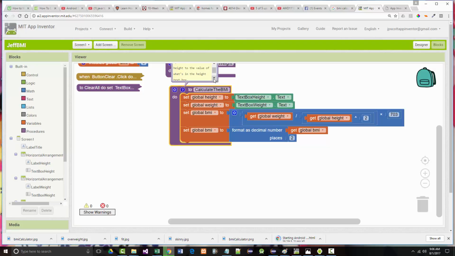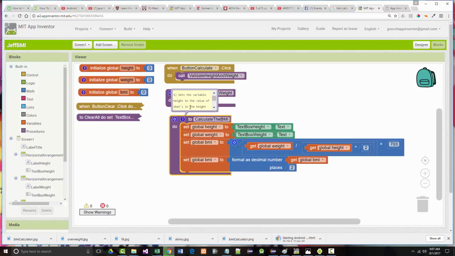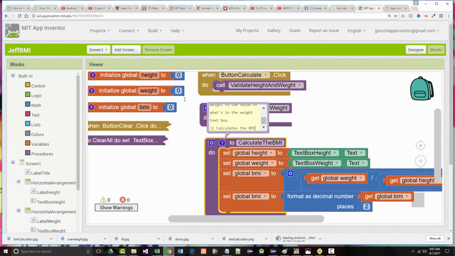Next, it sets the value weight to the value of what's in the weight text box. Next, it calculates the BMI using the formula weight